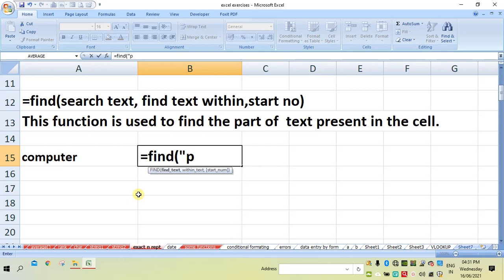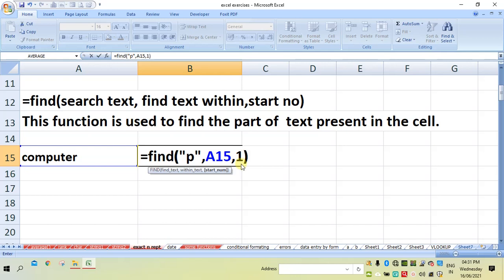If it is there, it will give you its position. Then put a comma, and specify the text in cell A15 where you want to search. Put a comma, and you want to search P from the beginning, meaning from the first letter onwards, therefore I am putting 1 here.